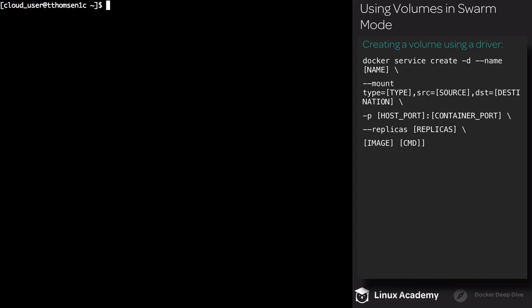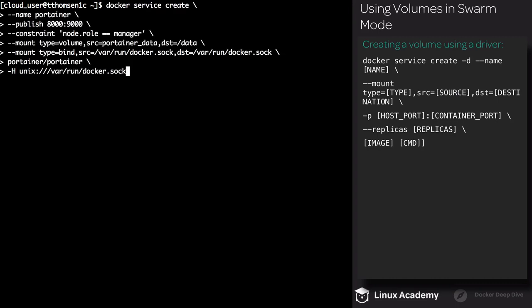Okay, so let's go ahead and create a service that will be using the volume. We're not going to be using the volume flag because it is specific to containers, so we use mount instead. So execute docker service create. The service name will be Portainer. We're going to be publishing port 8000 over to